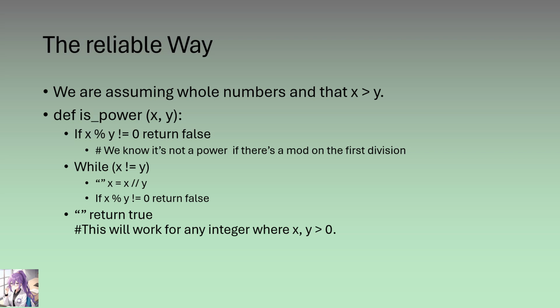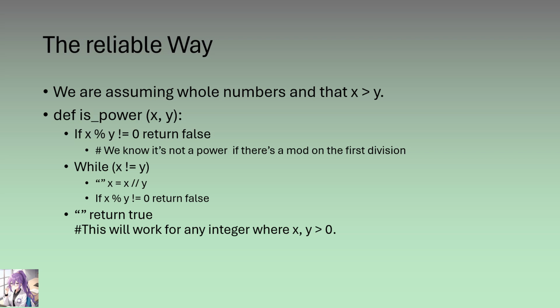We're going to begin by defining the isPower function and pass the variables of x and y to it. Now we're going to use some modulus division to see if x divided by y has a remainder. If it has a remainder, we then return false because we know x is not a power of y. Now, we're going to do two operations repeatedly to see if